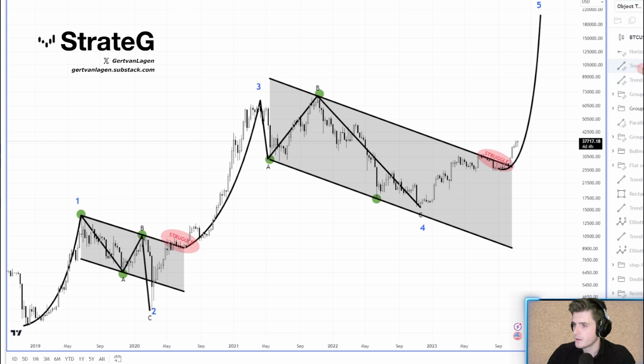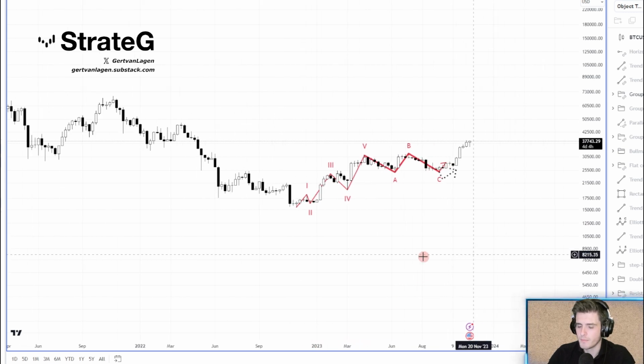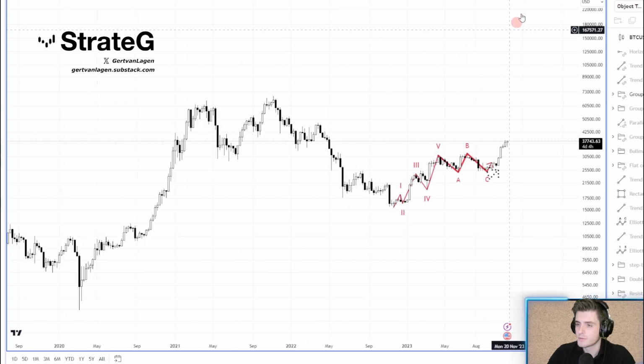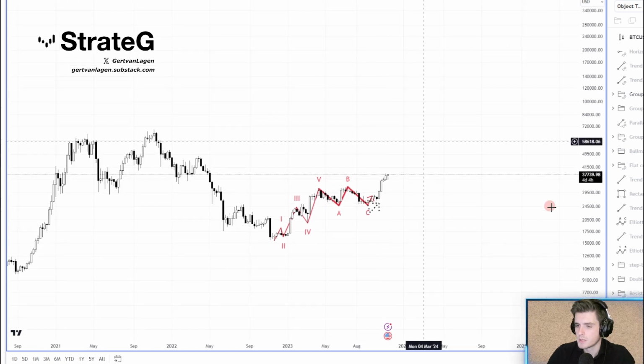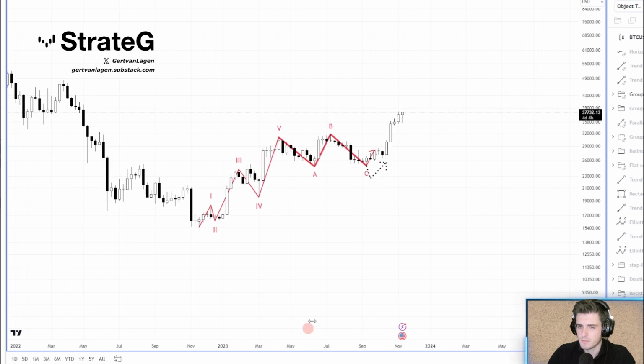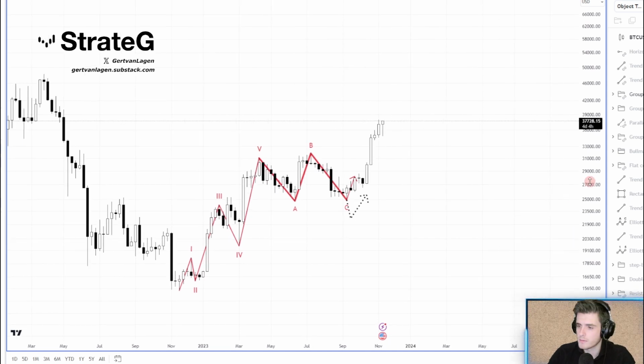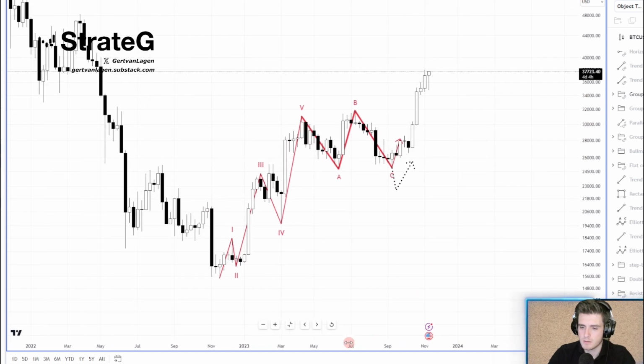Well, if we then zoom in a little further, so I'll quickly remove this group, go to, no, that's not the right one. Also a nice chart, but not the one I want to show. Yes, this one. If we zoom in on this smaller, even smaller time frame, then if we go from the 4th to the 5th, it should also be 5 waves up. And it's nice to see that if we zoom in on this,